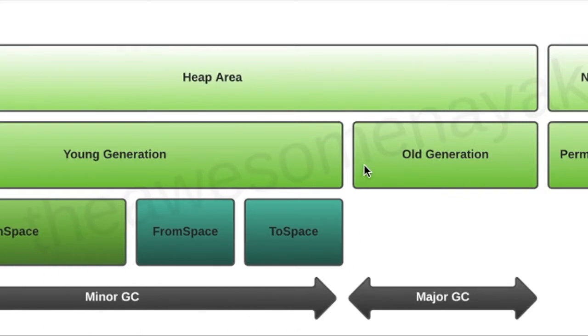So now our GC is partitioned into two parts, minor GC and major GC. So whenever we get low on space, we will just do what? Check the eden space, move objects from eden space to from space, move from space to to space, and then place new objects in the eden space. So this keeps on working.